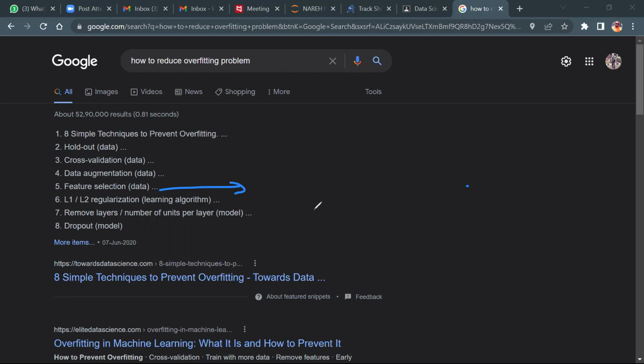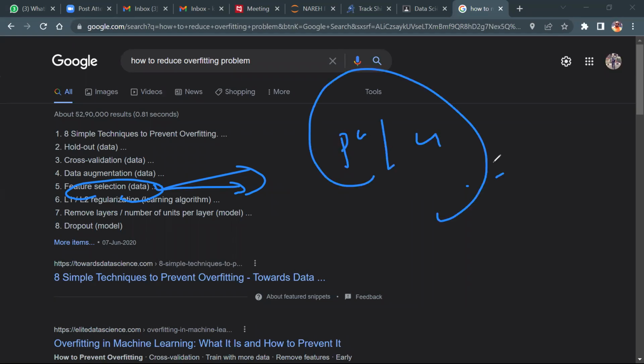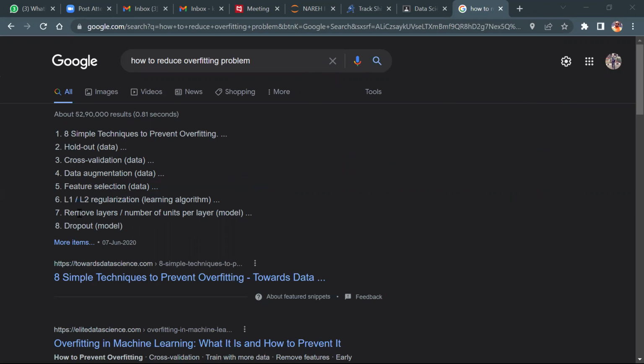The next question is how to remove the features. Feature selection is one of the very important techniques, guys. Instead of student pass or fail the exam, if you say the dependent variable is gender, what happened, guys? Entire business will change. Agree or not? So please understand L1 and L2 regularizations. Remove layers, number of units. It's called dropout layers, which we're going to see in neural networks and deep learning as well. Team, are you clear or not, everyone?